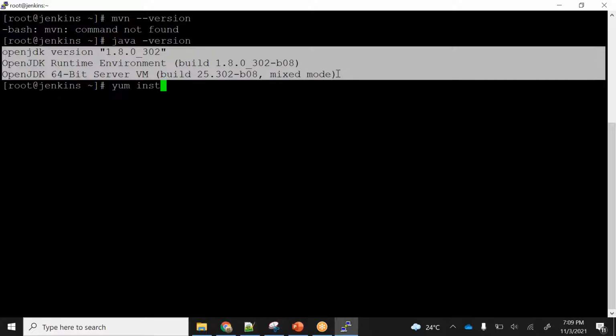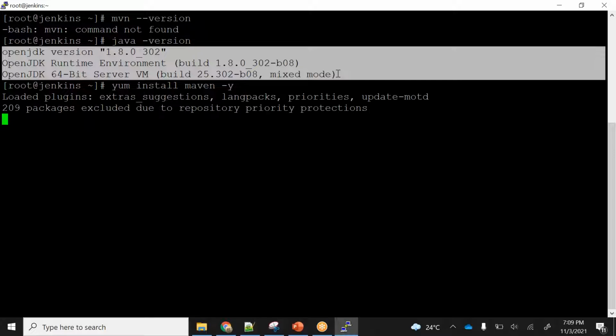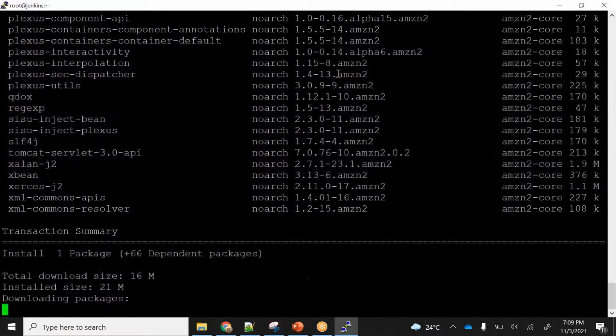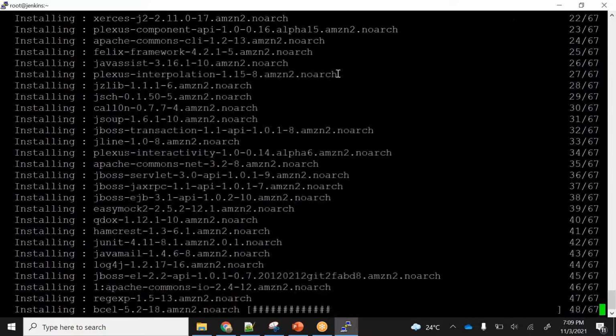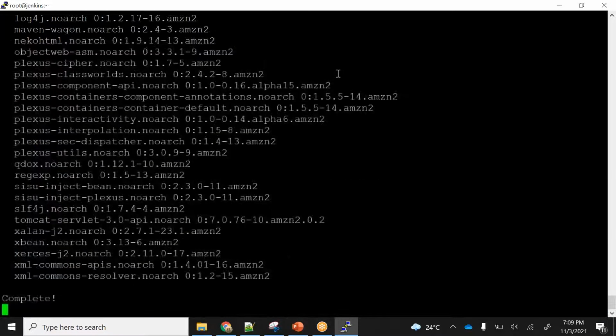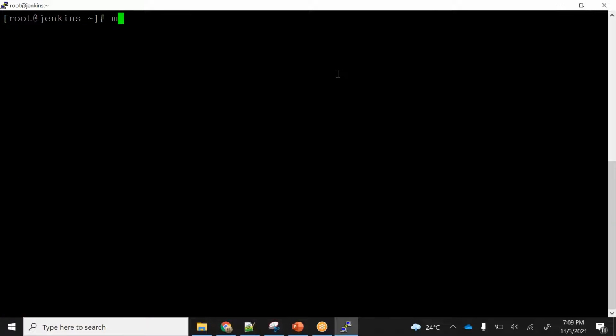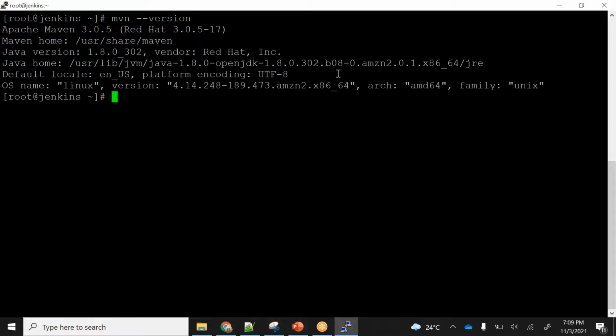I can say yum install maven -y, which means you have my consent. Go ahead and install Maven for me. Now what it will do is install Maven and all the Maven-related dependencies for me. Once Maven is installed, I come here and say mvn --version, and I will get